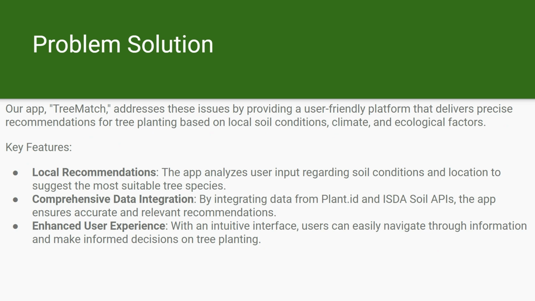So to counter this, our app TreeMatch addresses these issues by providing a user-friendly platform that delivers precise recommendations for tree planting based on local soil conditions, climate, and ecological factors. Some of our key features are local recommendations. The app analyzes user input regarding soil conditions and the location to suggest the most suitable tree species for that